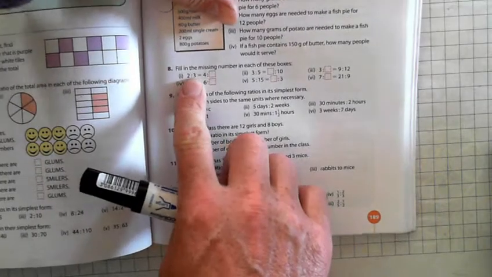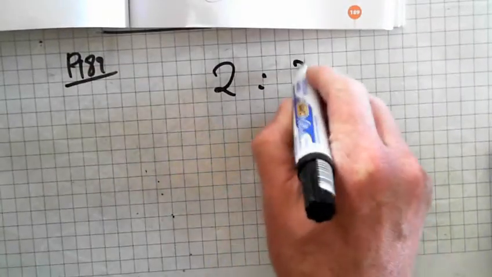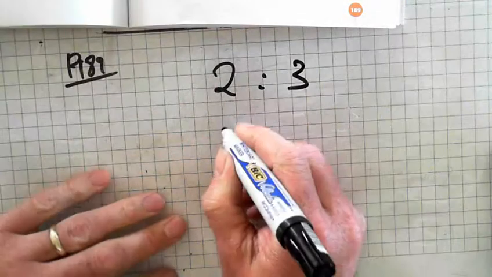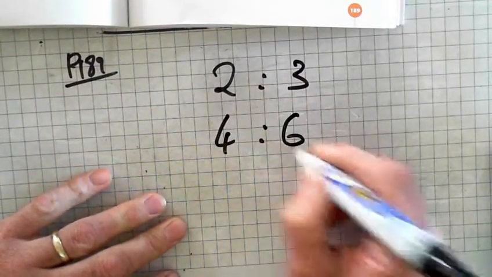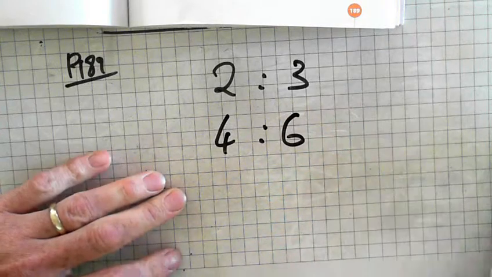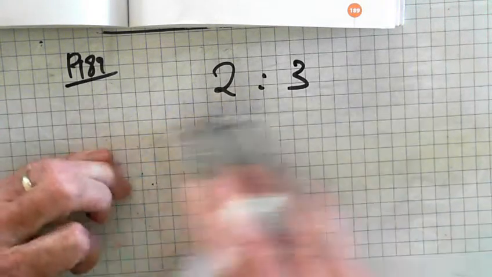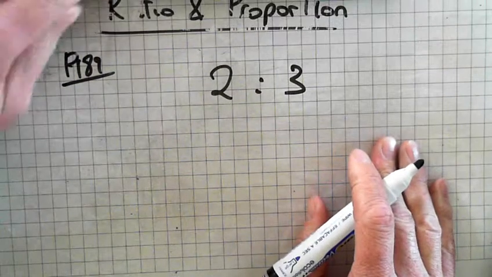Okay, and then we have questions like this, question 8. 2 is to 3. Proportion: 2 is to 3 is the same as? 4 to 6. Yeah, and how did you get to 4 to 6? Just double them. Yeah, you double them. Okay, but the way you should think of it is